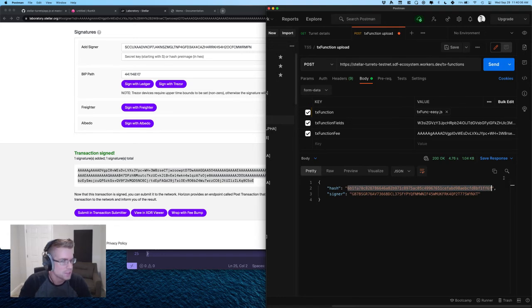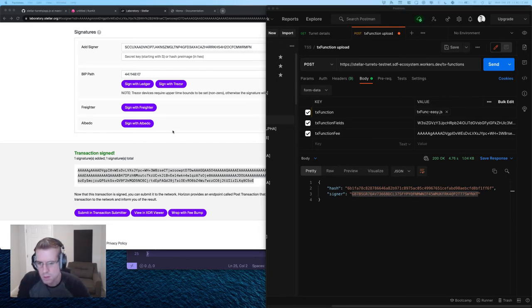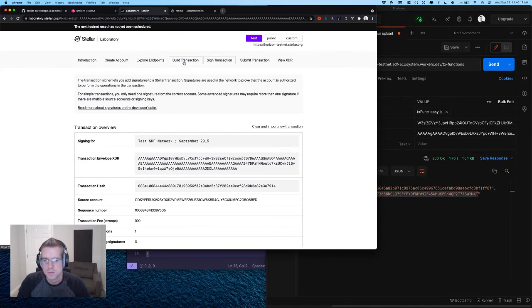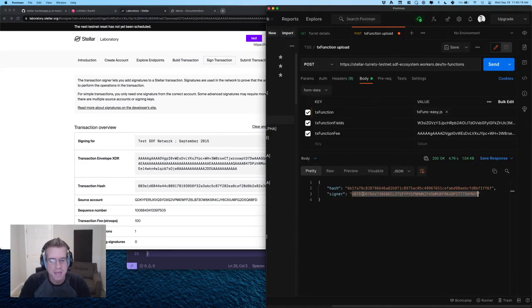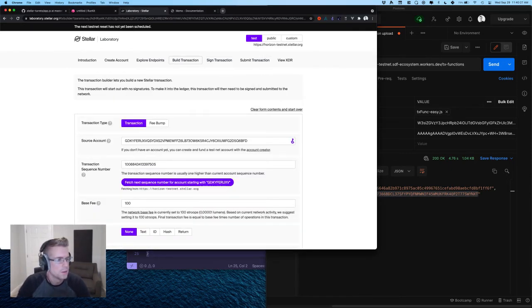All right, so we've got our hash. I'm going to go save this in my notes over here. This will be the hash that we'll call for the turret and our all-important signer. So this is the signing key that we need to add to our controlled account, to our source account that we're trying to make those 1 lumen payments from. So we'll go to our account. It was that 3E4A